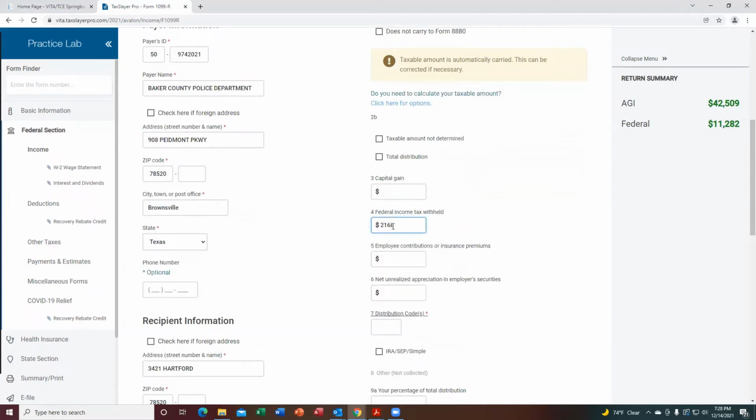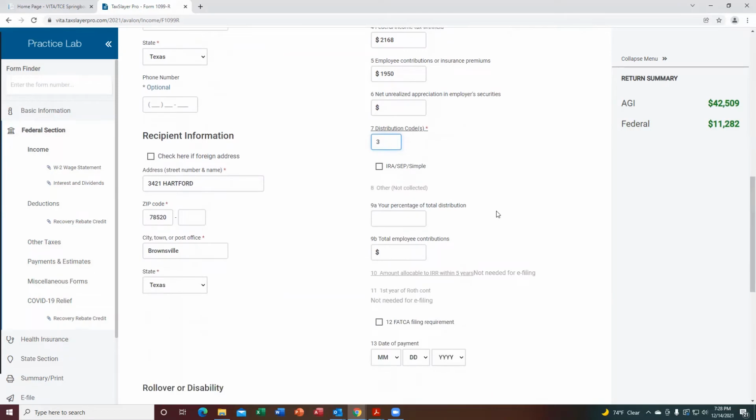So federal income tax withheld, 2168. Employee contribution or insurance payments, 1950. Distribution code is a 3, and 9B is populated. Okay, so before I get out of here, I need to go visit my 4012,